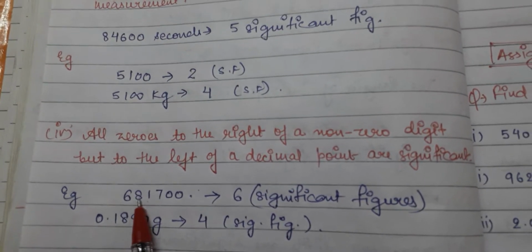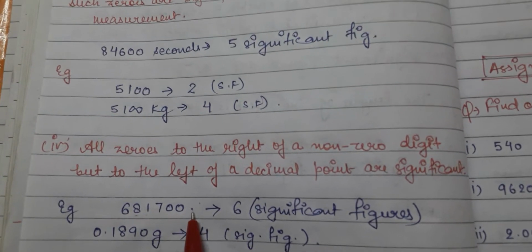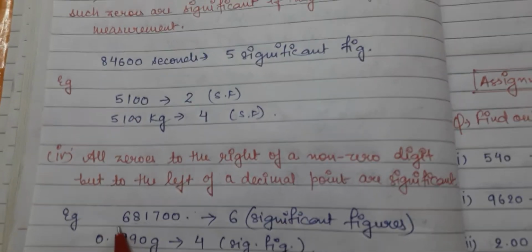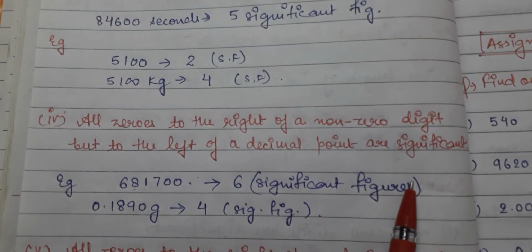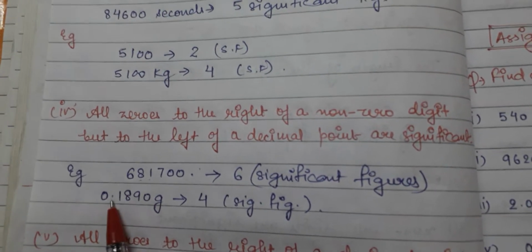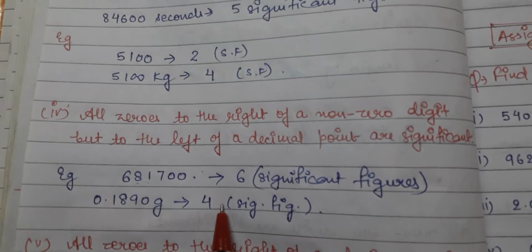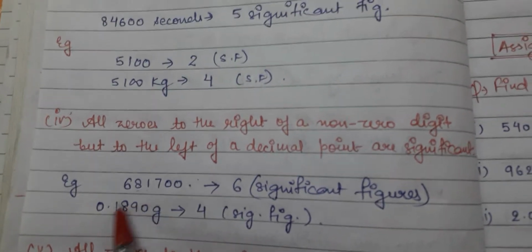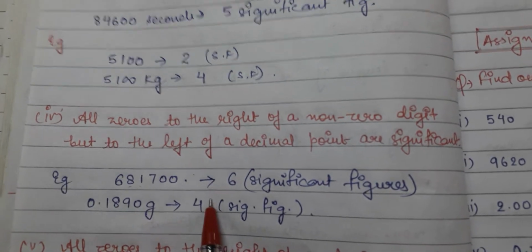681,700 point, then these zeros are coming to the left of the decimal point. So these zeros will be included and this is termed as 6 significant figures. Here, how many significant figures are there? 1890 gram. Now you see why I have written 4 significant figures in this question, because these are coming from a measurement. So I have confidence about it, and that is why I am writing 1890 gram,